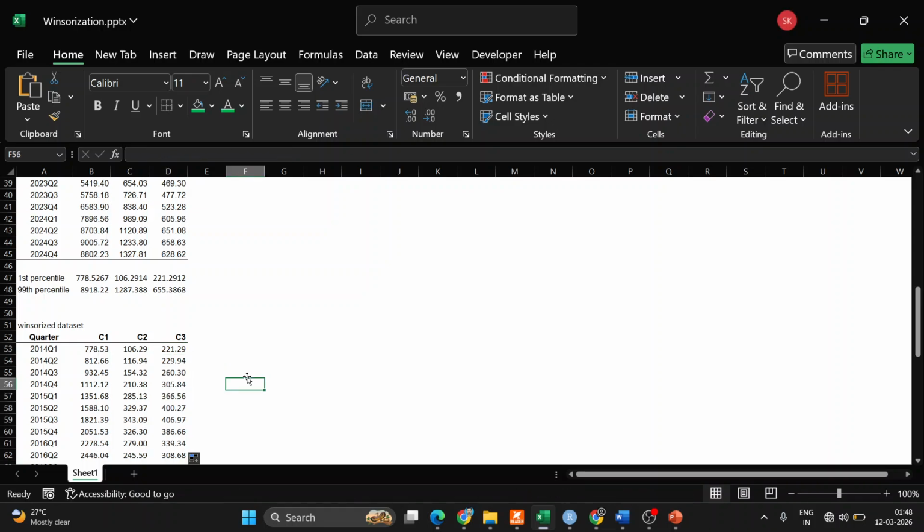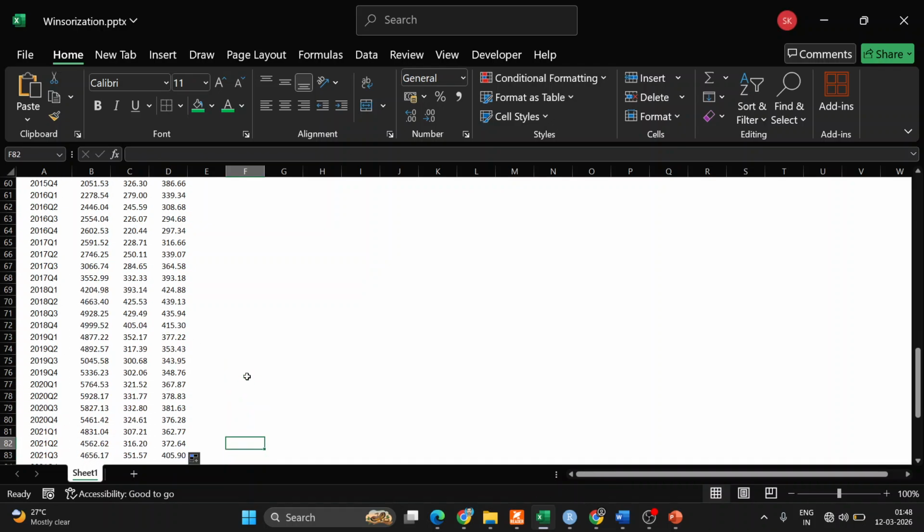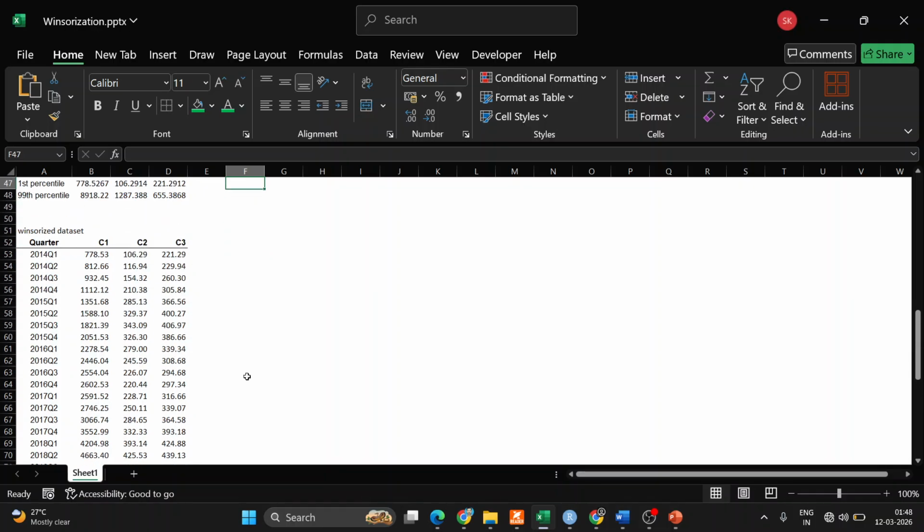So we found the Winsorized dataset. If we go through the dataset, any value which goes above the 99th percentile is replaced by the 99th percentile value. If any value goes below the first percentile, it is replaced by the first percentile in each column. Okay, you can manually check and find